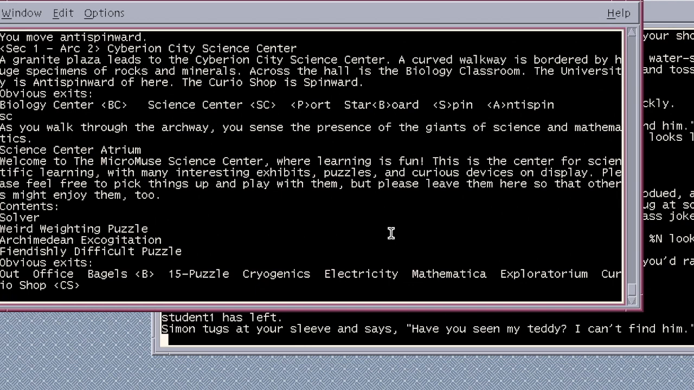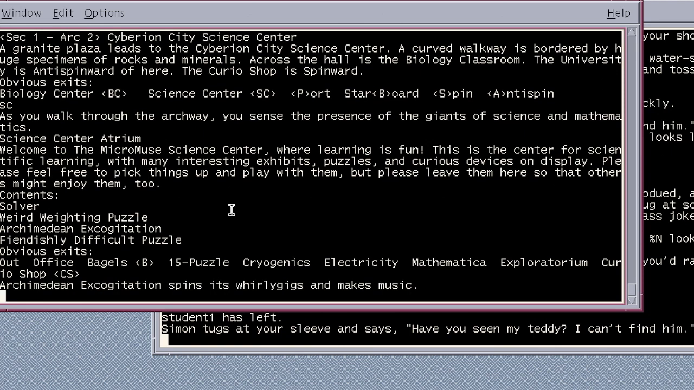And we are now in the Science Center. This was programmed by my friend Barry. Welcome to the MicroMuse Science Center, where learning is fun. This is the Center for Scientific Learning with many interesting exhibits, puzzles, and curious devices on display. Please feel free to pick up things and play with them, but please leave them here so that others might